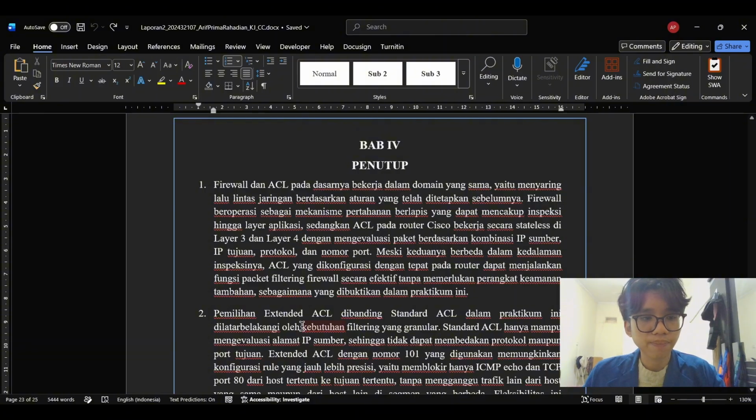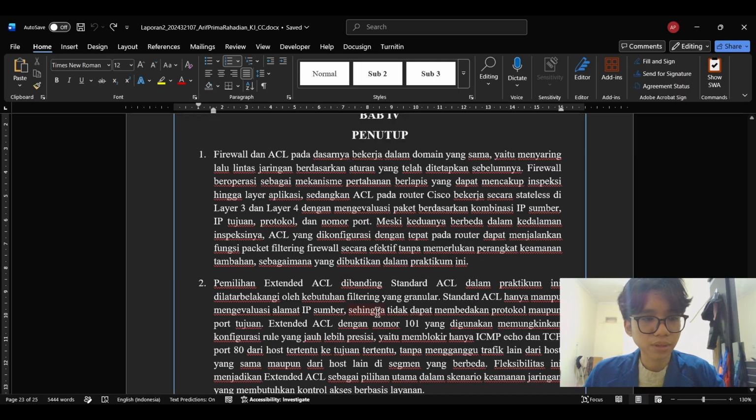Adding that permit rule was not optional. It was necessary to preserve normal network functionality. The inbound placement on FA0/0 also contributes to efficiency by blocking unwanted packets at the entry point. The router never expends additional processing on routing lookups for packets that were going to be dropped anyway.